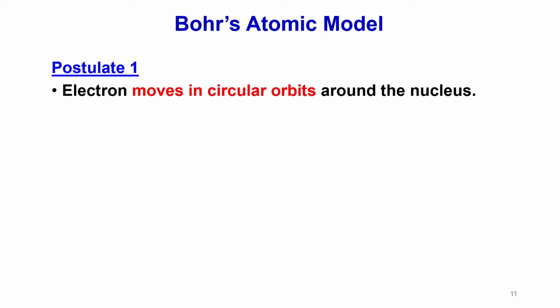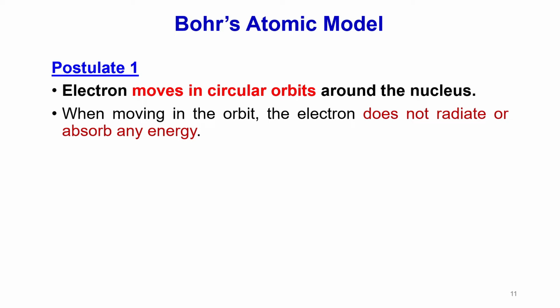So the first one, postulate 1: electrons move in circular orbits around the nucleus. Okay, elektron bergerak di dalam orbit yang berputar, okay, berputar melingkari nukleus. And when moving in the orbit, the electron does not radiate or absorb any energy. Okay, bila dia mengelilingi orbit itu, semasa dia bergerak melalui orbit, elektron ini tidak membebaskan atau menyerap sebarang